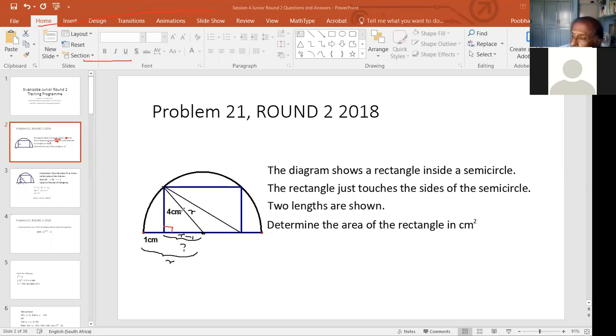Okay, so now we have a right angle triangle. You've got 2 sides which are unknown, but they are both in terms of r, and the third side is 4. So you can use Pythagoras to get an equation involving the 3 sides of this right angle triangle. Pythagoras says 4 squared